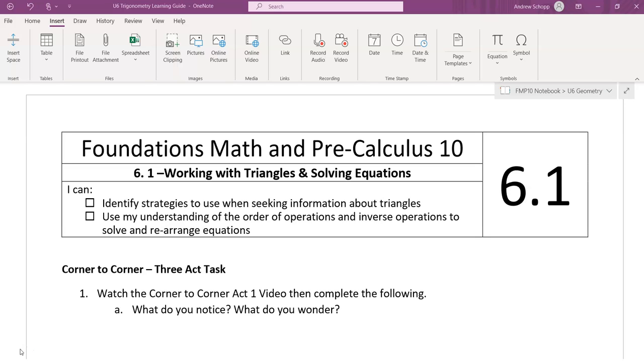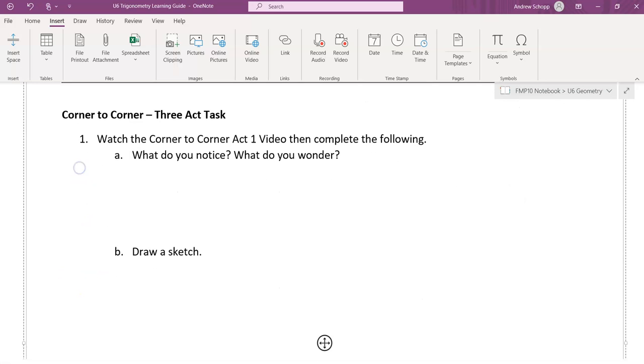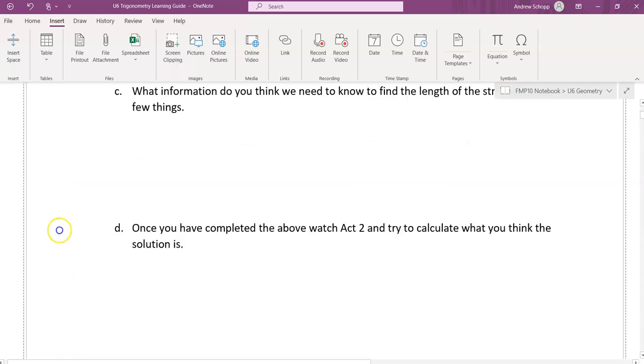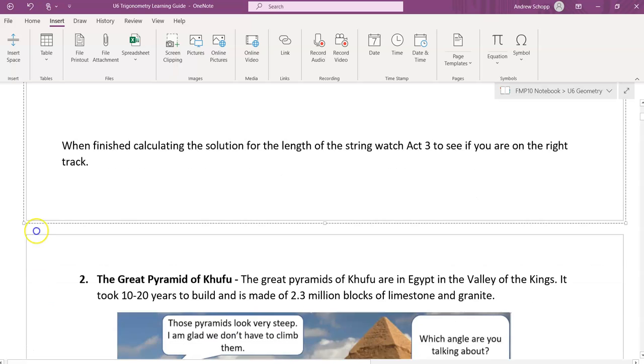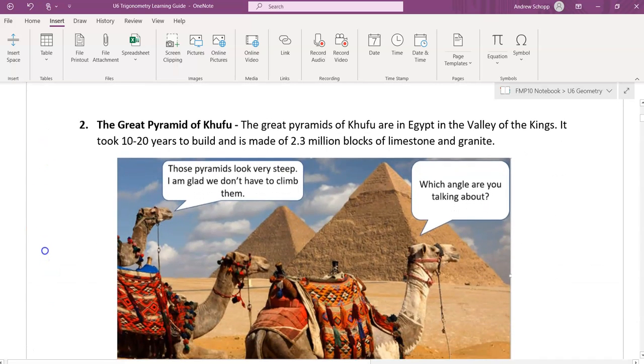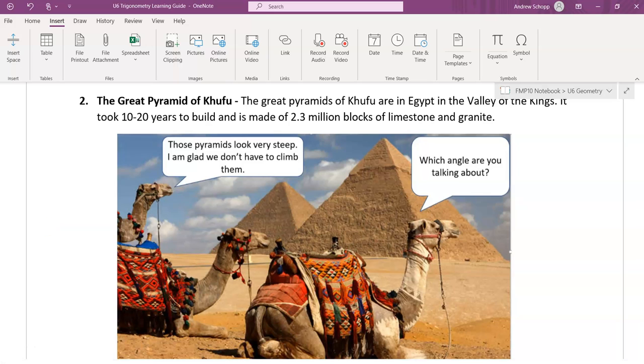You've had a chance by now to work through the corner-to-corner task, which was a chance for us to review the Pythagorean theorem. The Pythagorean theorem allows us to find the side length in a right triangle if we know two other side lengths. The question you're working on right now is hopefully number 2 here, the Great Pyramid of